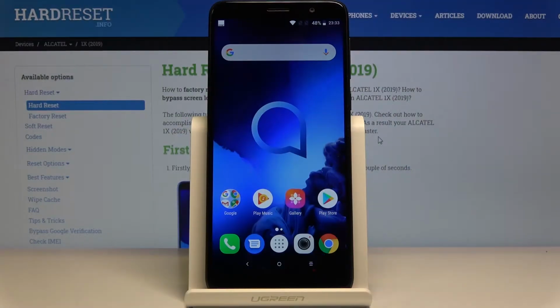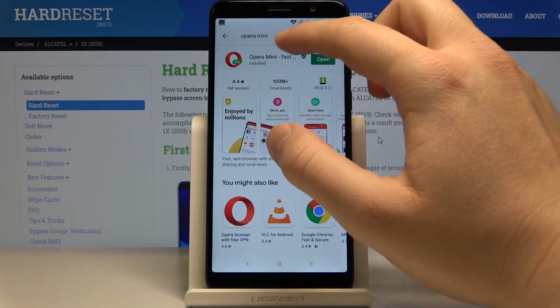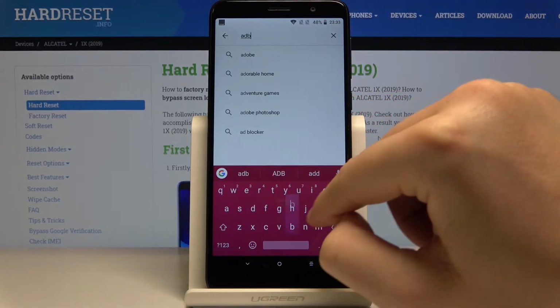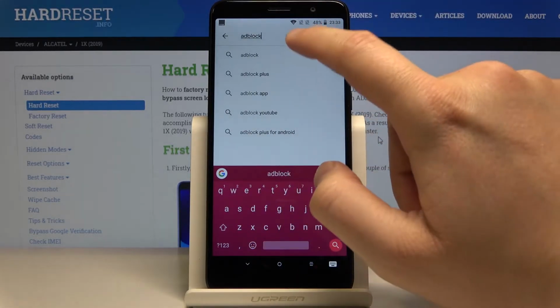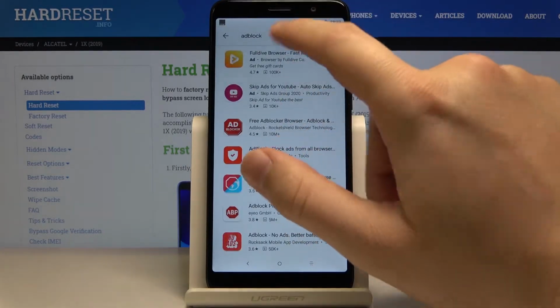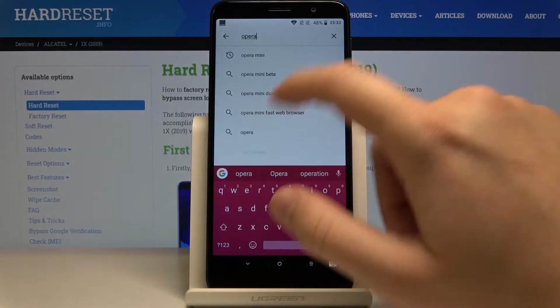Welcome guys, if you wanna use AdBlock on your ALCATEL One X 2018, we have to go to the Google Play Store and download the AdBlock, right? So type here AdBlock and you can choose one of this application, but I have better idea, and there is the download the Opera